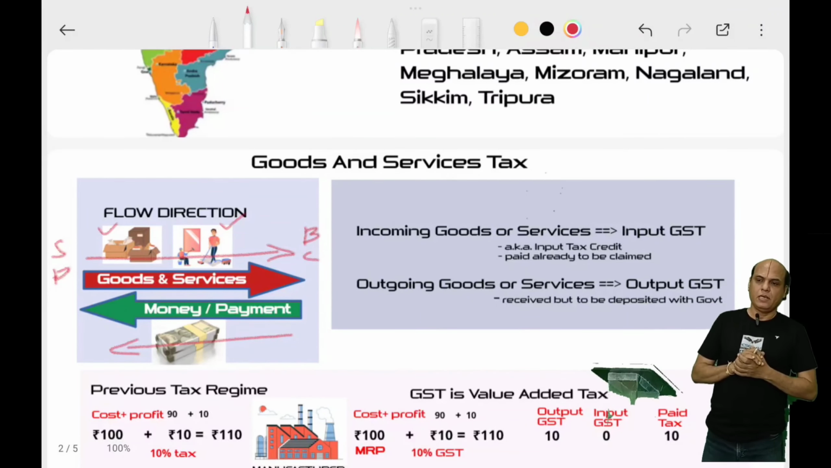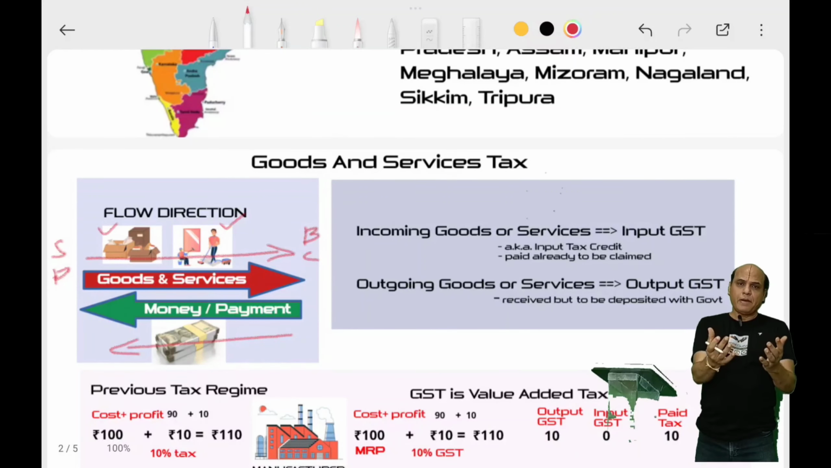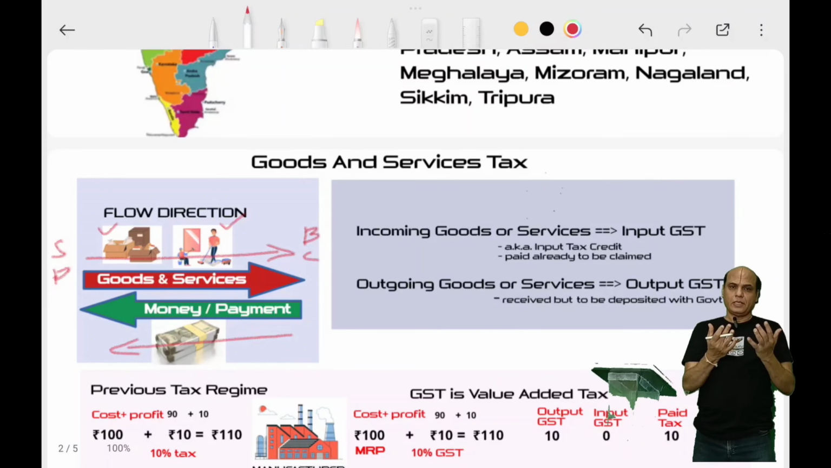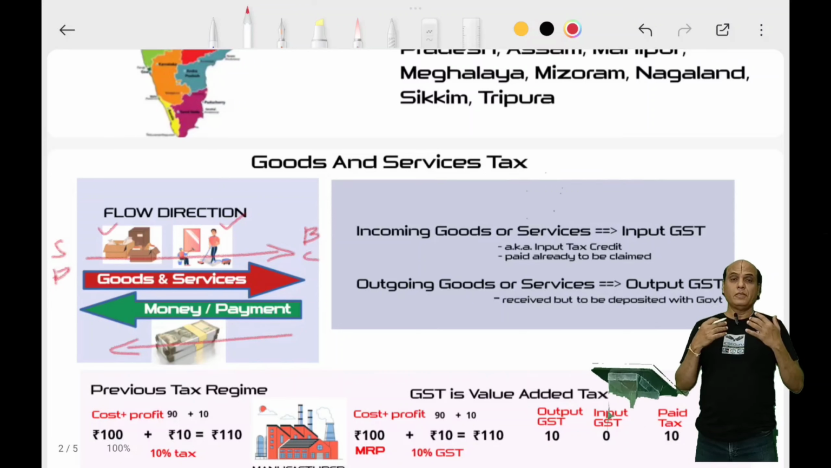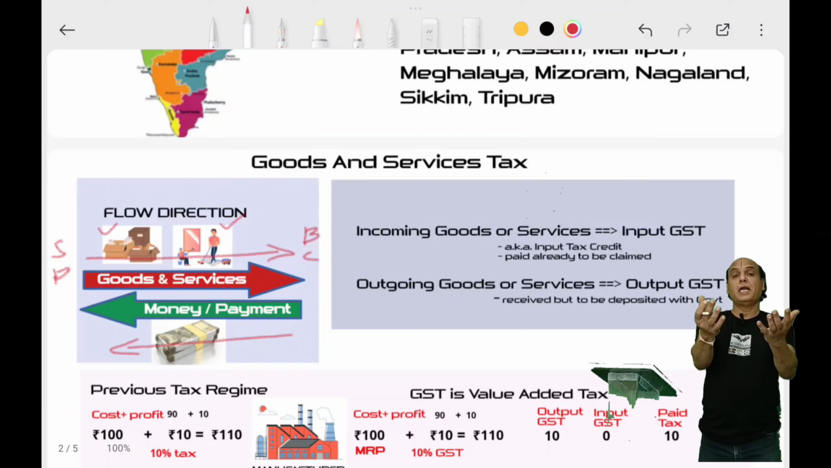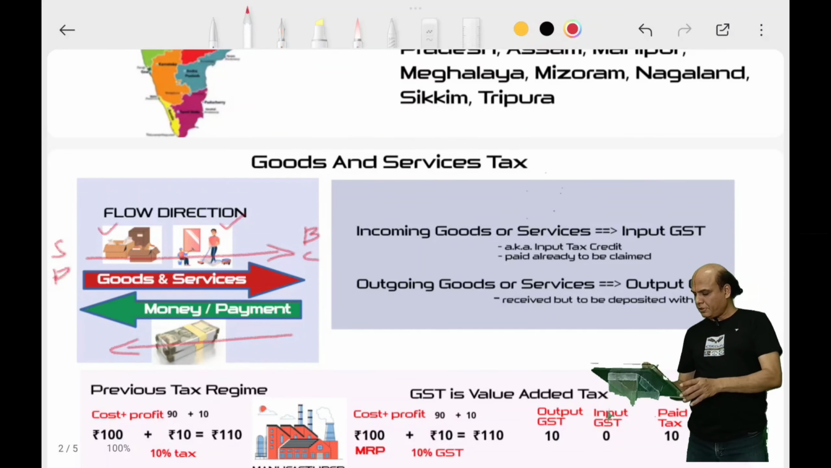We will discuss this. Suppose I am buying some goods and services. Goods and services are coming to me. So this is input GST. When goods and services are coming to me, my money is going out. So input GST means money is going out. If I am selling or offering services, my money is coming in. So if you see this box,